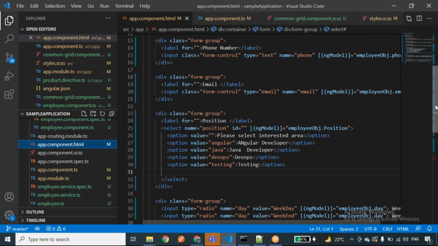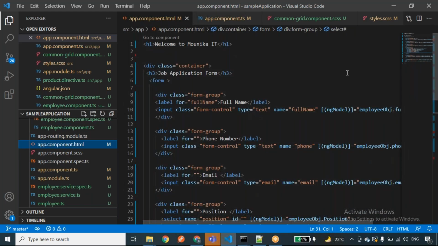For that we have one directive called ngForm. This ngForm directive helps us get all the form information, like what the controls are, and for each control whether the form is valid or invalid, whether it is touched, or whether it is dirty. So we'll be getting all those values.